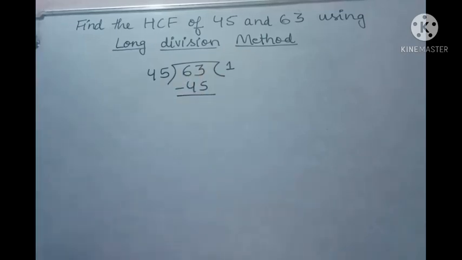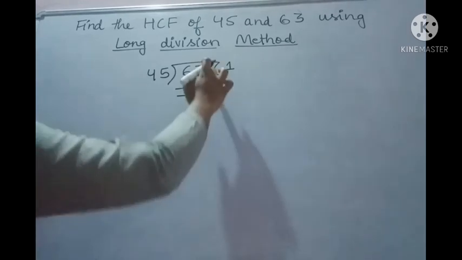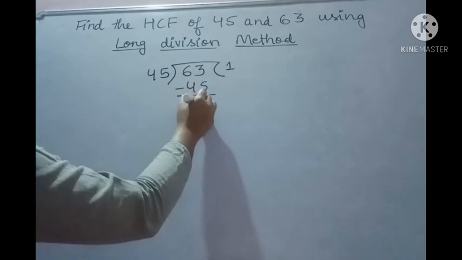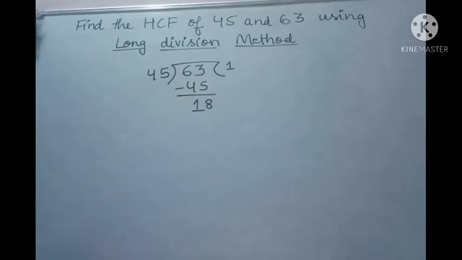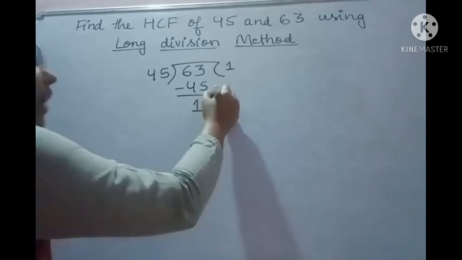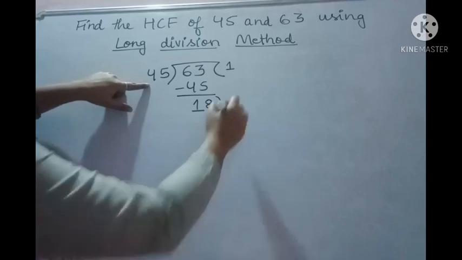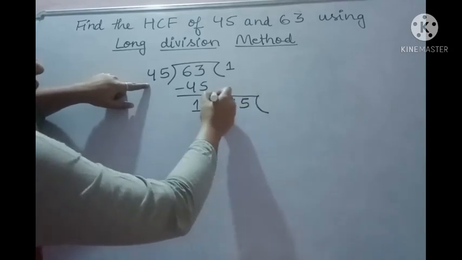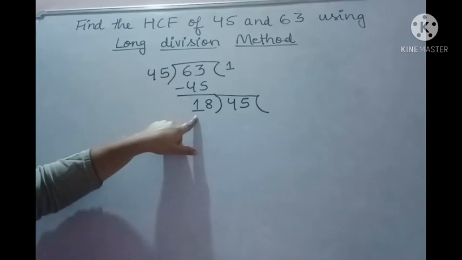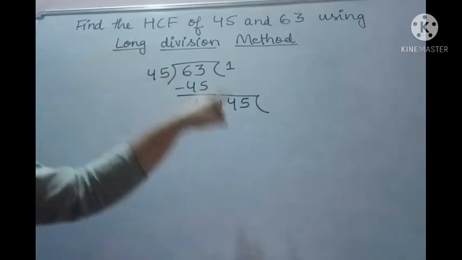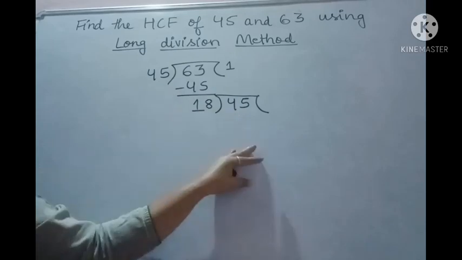After subtracting, what will we get? 13 minus 5 is 8. Here it will be 5, 5 minus 4 is 1. So 18. Now what is the next procedure here? 18 is your remainder. Make it the divisor, and write the previous divisor as your dividend. You keep the remainder as it is, and the divisor you had before, you now have to solve as the dividend. This is the long division method.